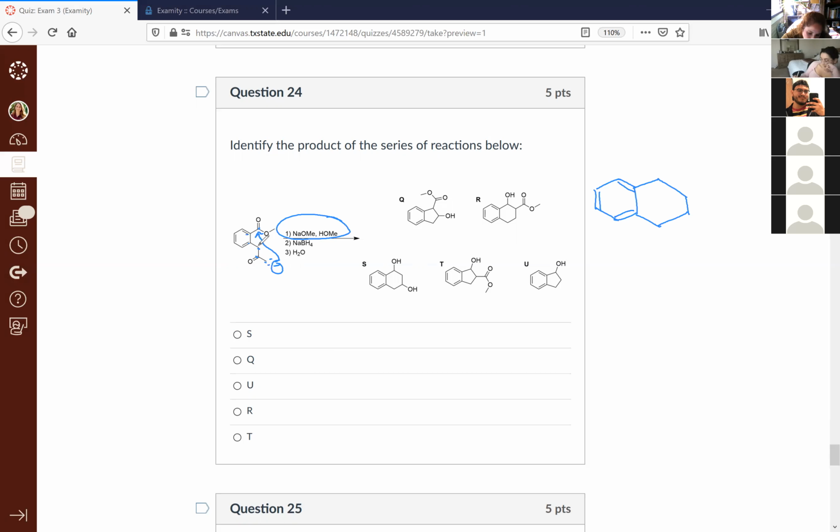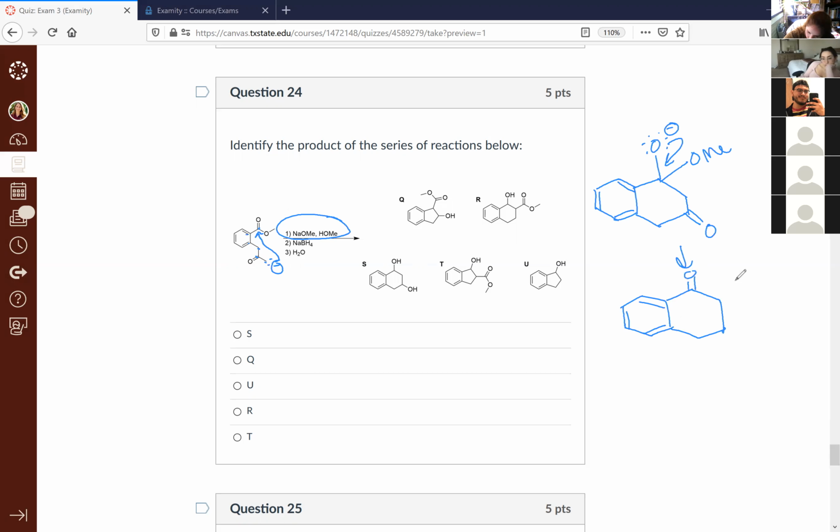There's going to be a ketone here, and then here we're going to have an alkoxide and the methoxy group. It's going to kick that out. And so we end up